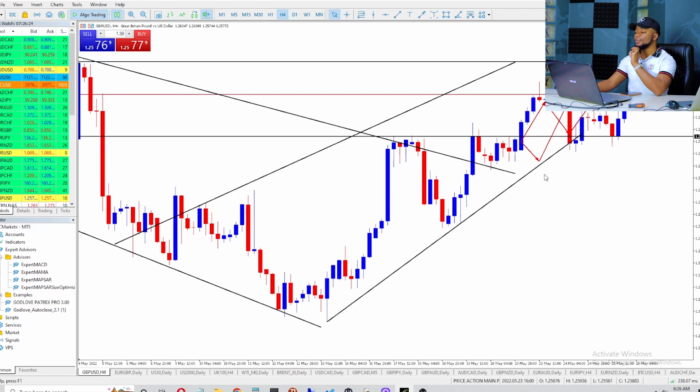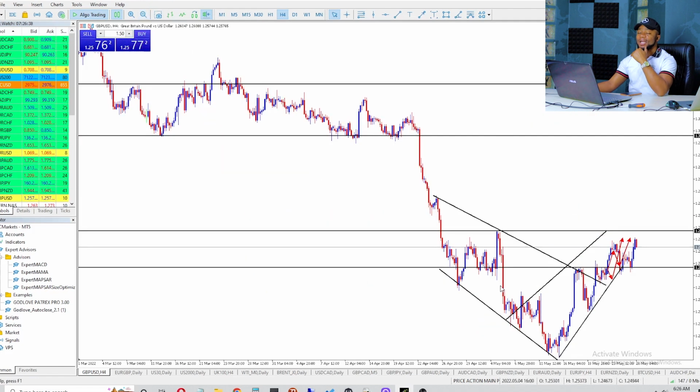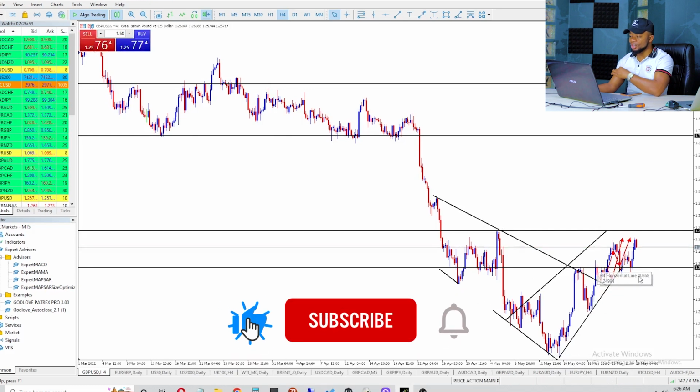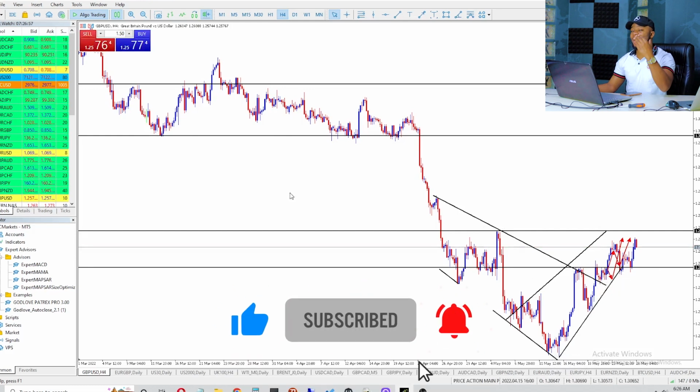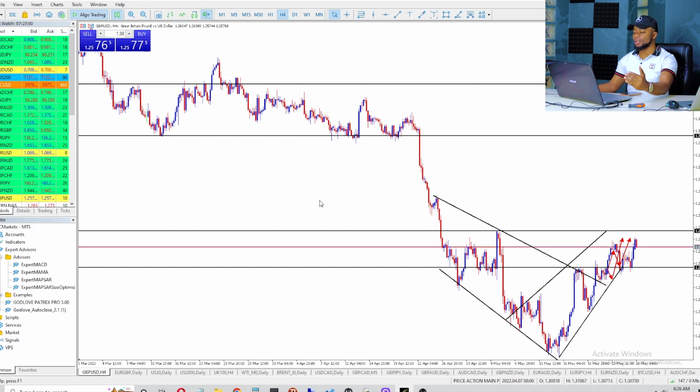So on the 4-hour time frame, this candle right here was last week. And at the opening of the market, I did my analysis. And remember, if I zoom in a little bit, you can see this very clearly. You can see the market was in a clear downtrend, but by mid-May, the direction already changed. Instead of making lower lows, lower highs, the market actually started making higher lows, higher highs. So the direction of the market already changed at this particular point in time. And instead of having a downtrend on the 4-hour time frame, we had an uptrend.